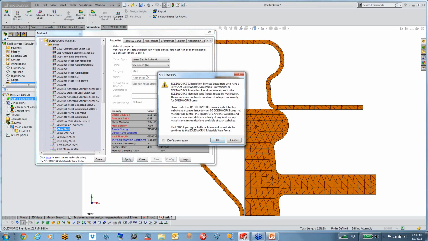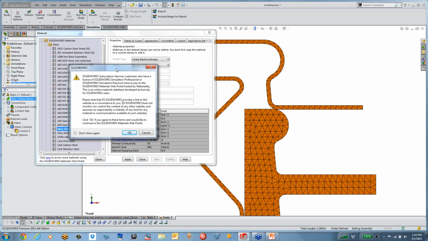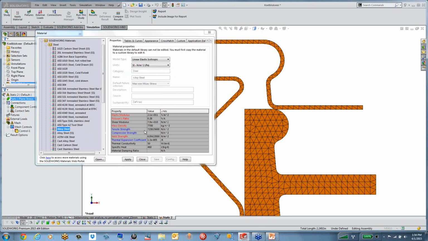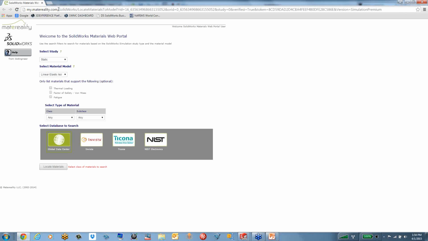So if I click the link, you can see it displays this message, and you can clearly see that you need to have a license of Simulation Professional or higher. When I click OK, hopefully it takes me to that web page which I just talked about. But here is the web page. It's a long link. So I think the main address is